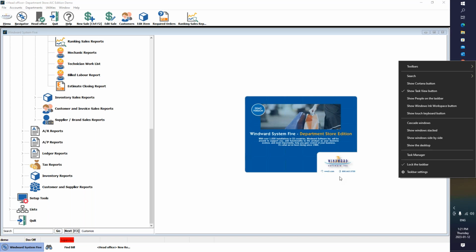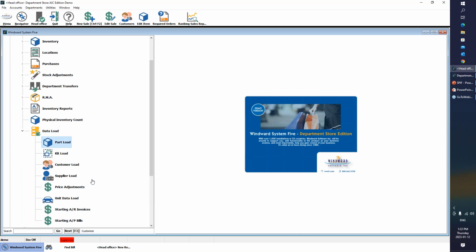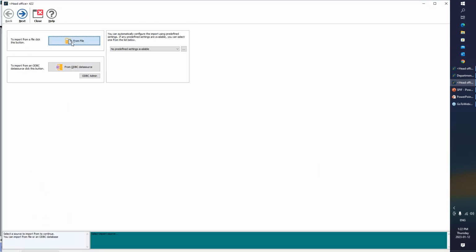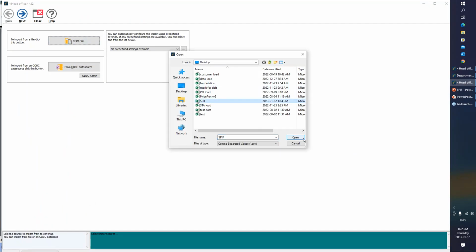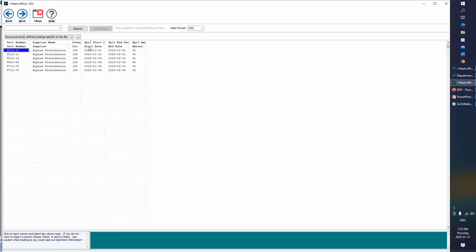It's the same process. You just need to have your CSV file with all the columns and the specific information, which are the start date, the end date, and the amount. It's the same option that you select when you do a data load. So when you do a data load, let me just show you again. The option is right here. Once you have the file, it's the same information that you need, as long as you have the start date, the end date, and